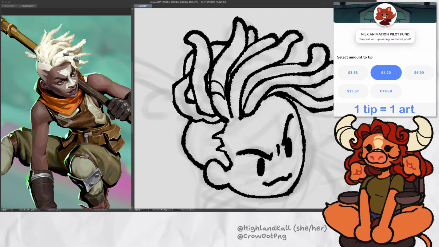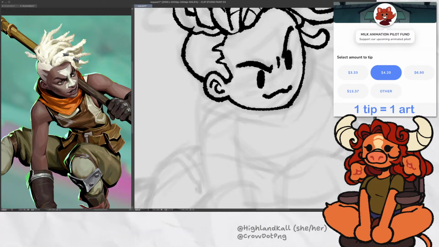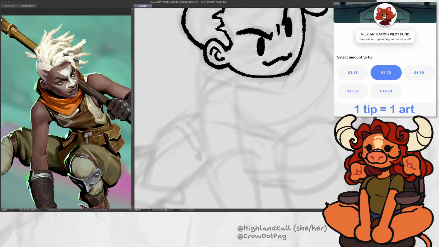So this is where the first one would go, and then this is where the second one would go, and then I can kind of go through, add a bit more. There we go. And maybe bump out his chin a little bit more.